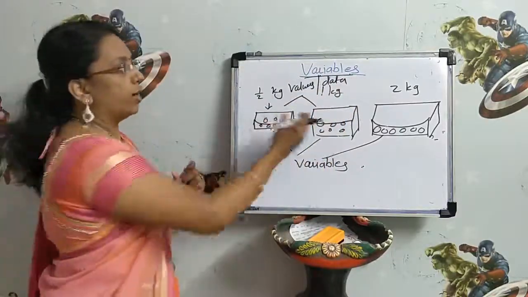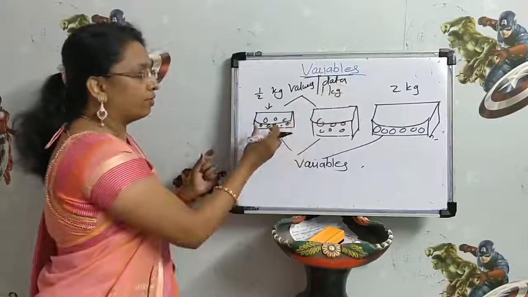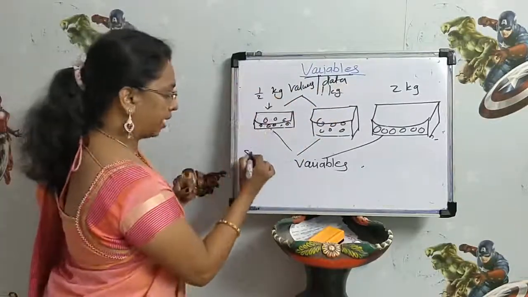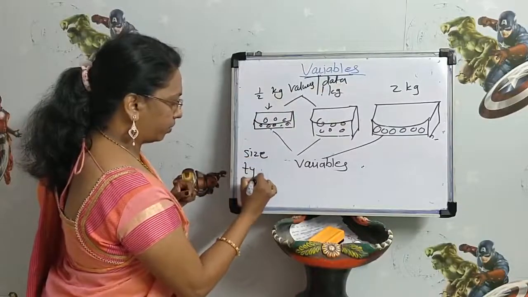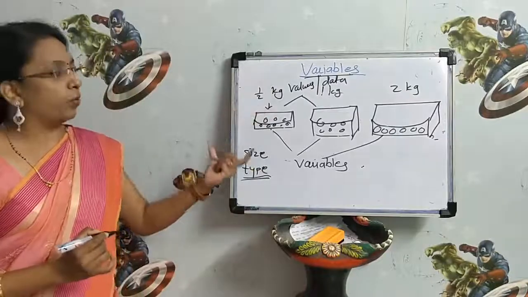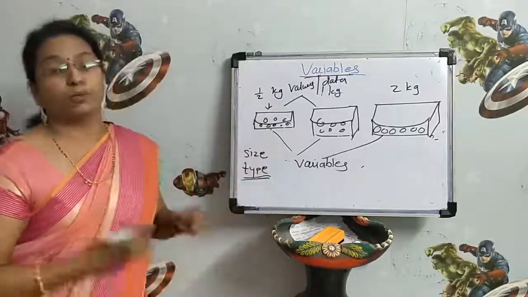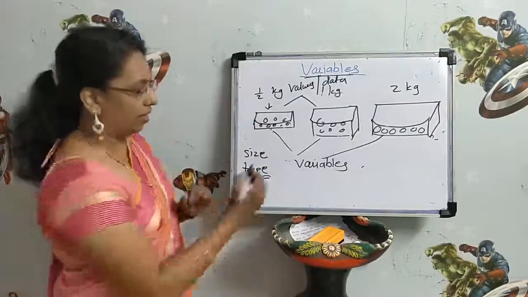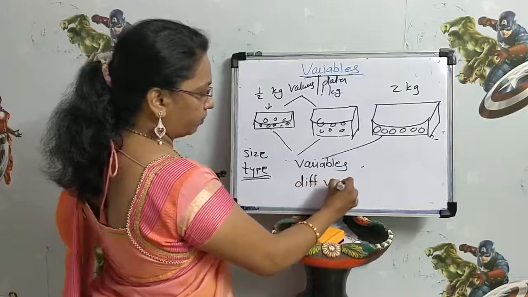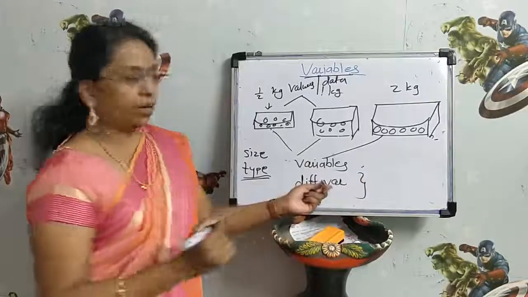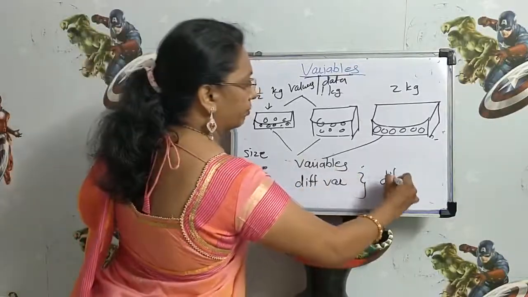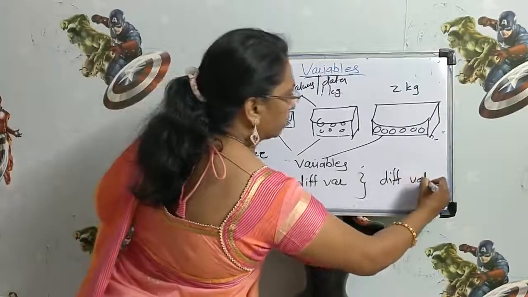So you are not able to fit 1 kg of laddu in the small box, right? So according to the size and type of data, Java provides you different types of variables to store different values. So see here, we have different variables. All these different types of variables are used to store different values.